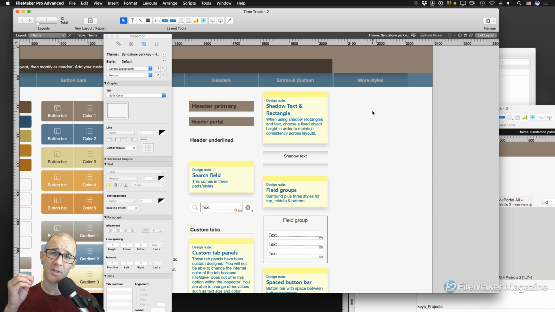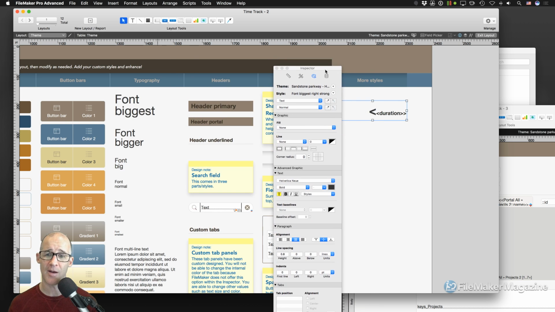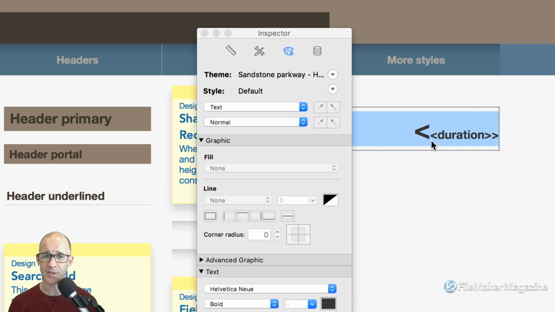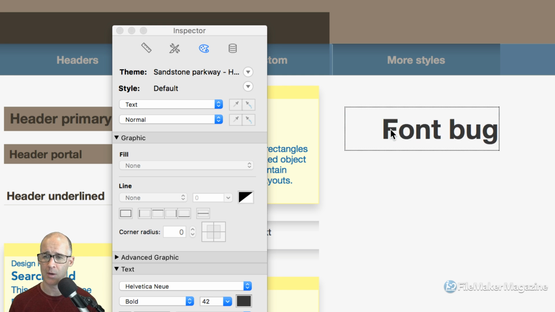Because I saved the theme in the layout where I was working, that means that this layout has that object. So when I paste it, I'm going to have that. It's shared across all layouts that have the same theme. So there it is, font biggest right strong. So I'll double click here and put the name of the style itself, because it's so cool to be able to see that right off the bat. Font big biggest